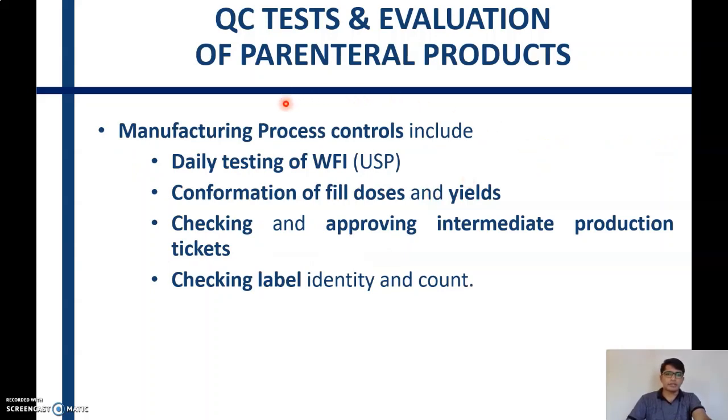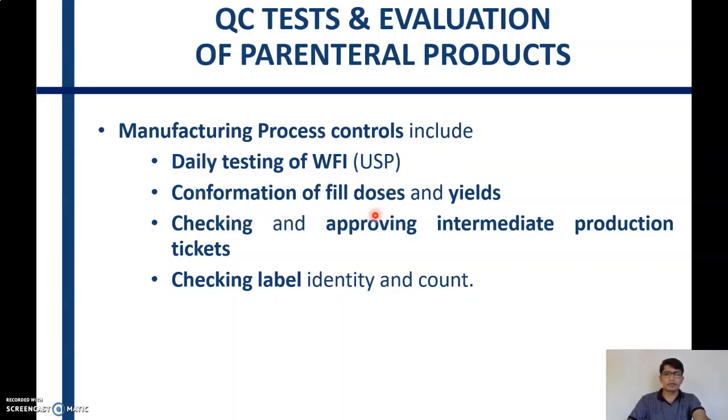During the manufacturing process, there are different process controls, which include daily testing of water for injection. Water for injection is an important aqueous vehicle which is used for the formulation of parenteral products. So we have to make sure that there is no contamination in the water for injection, and we have to